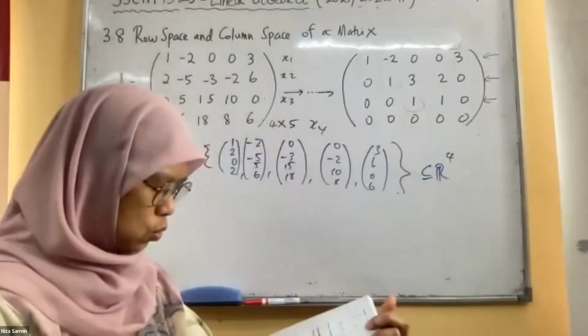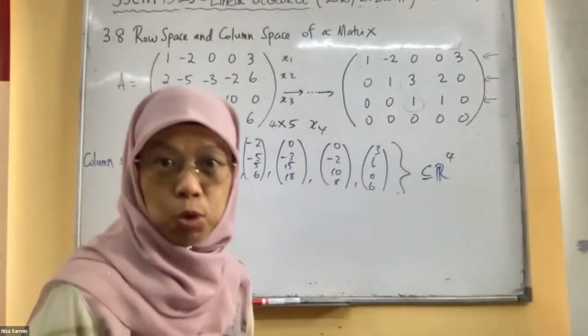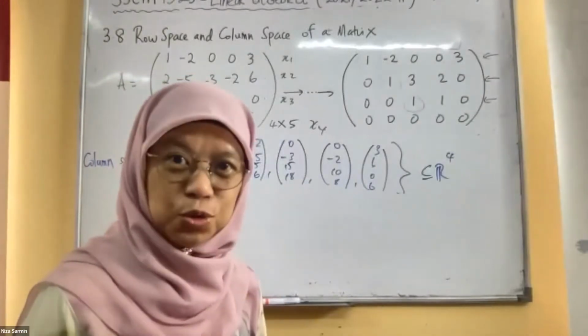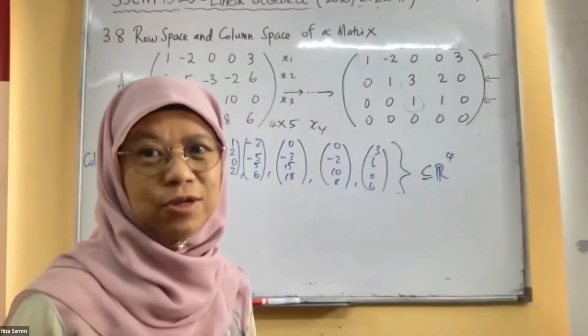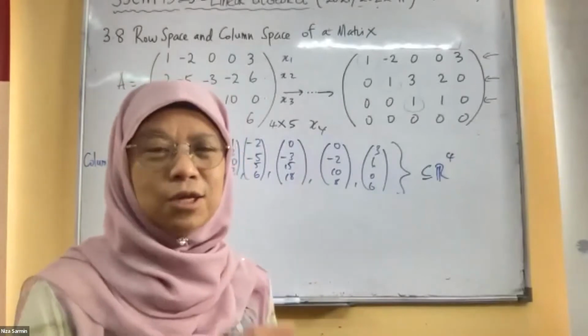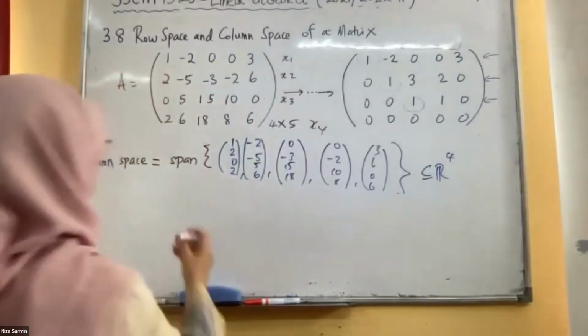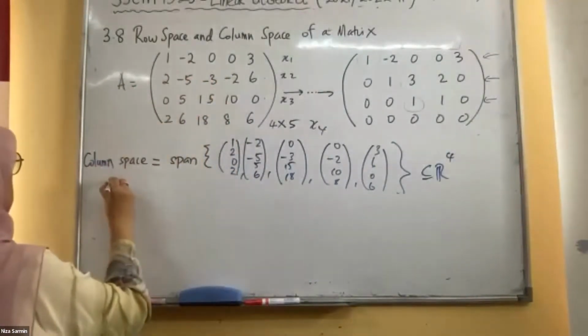Okay, so what we do is we transpose and then we reduce. Transpose and then reduce. Just now we just reduced, right? So we transpose this, it becomes